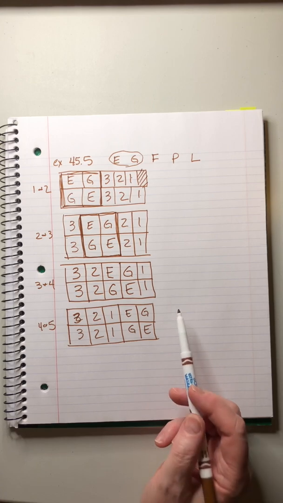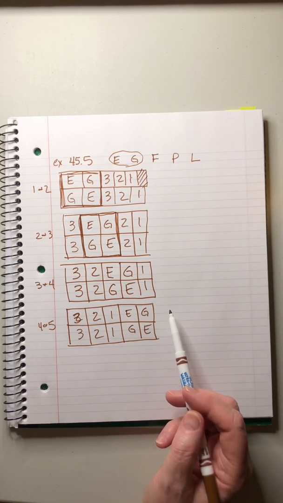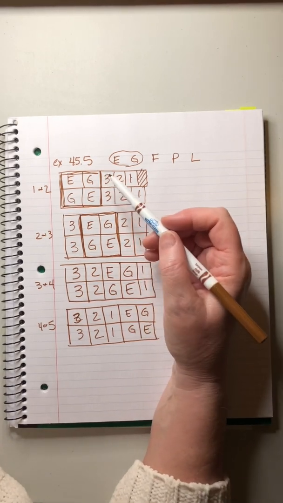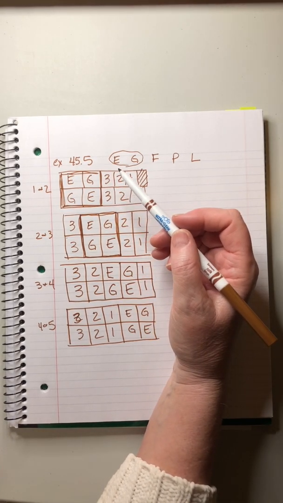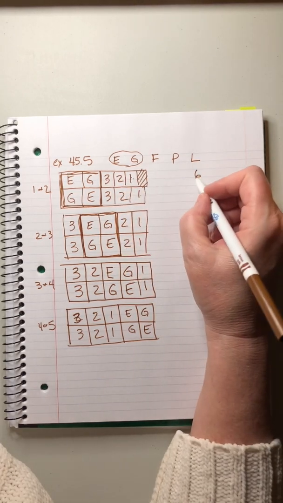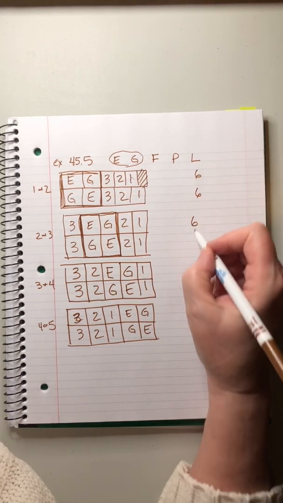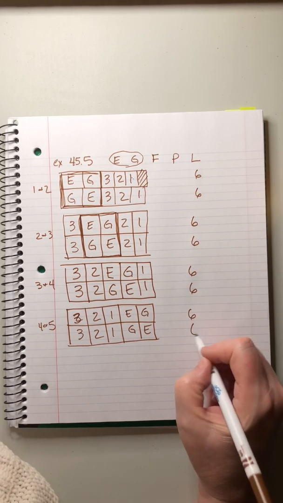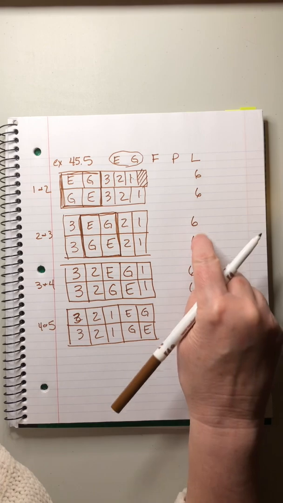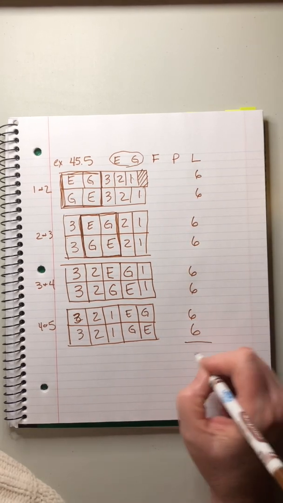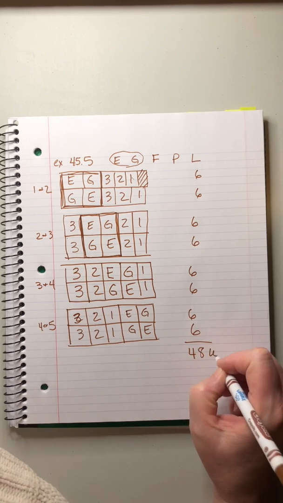Within each row, we multiply, and then we add all the different scenarios together. So what we get is 6, right? Because it's 3, 2, 1. So there's 6 and 6 and 6 and 6. 1, 2, 3, 4, 5, 6, 7, 8. So that means when we add them all up, there are 48 ways